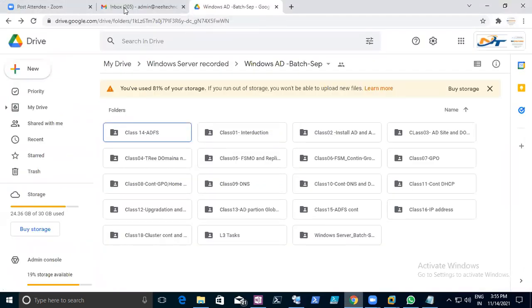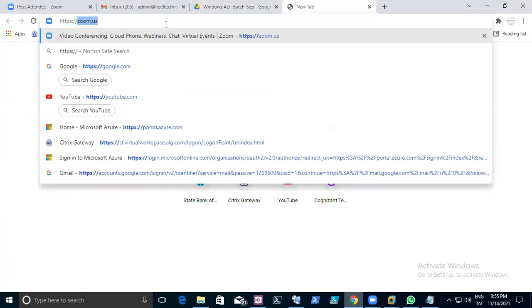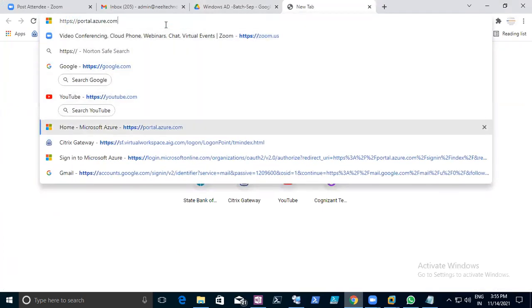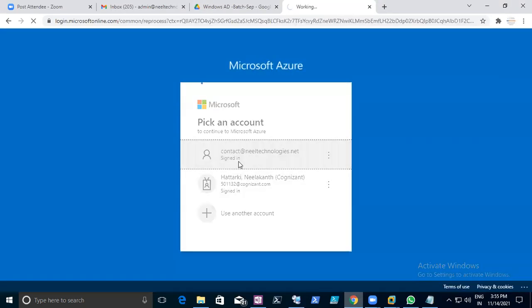Go to https://portal.azure.com. You know the service called Azure AD.